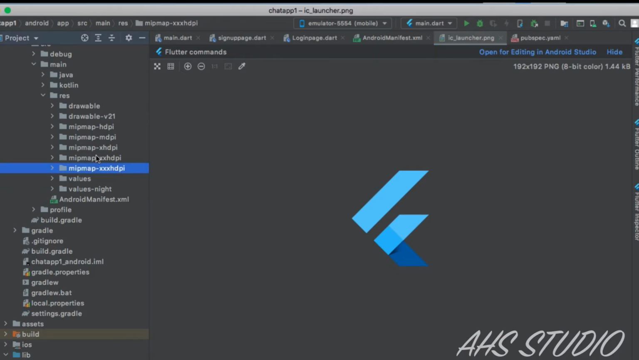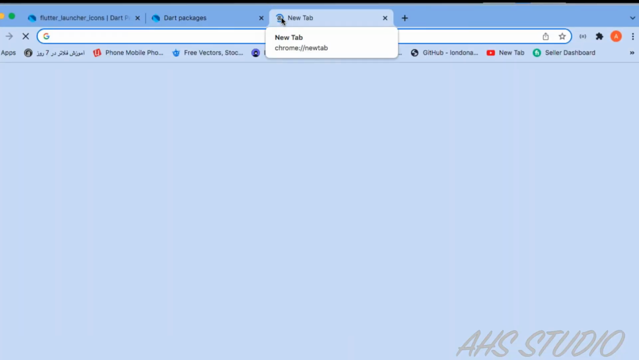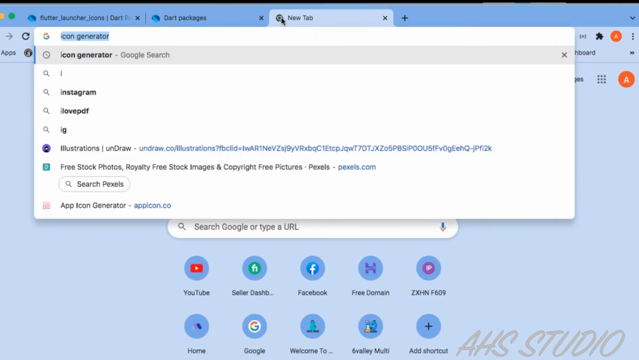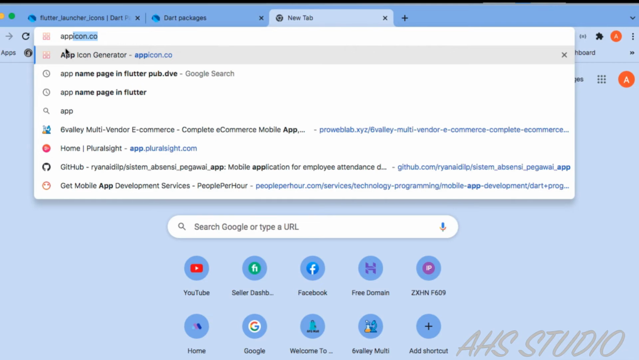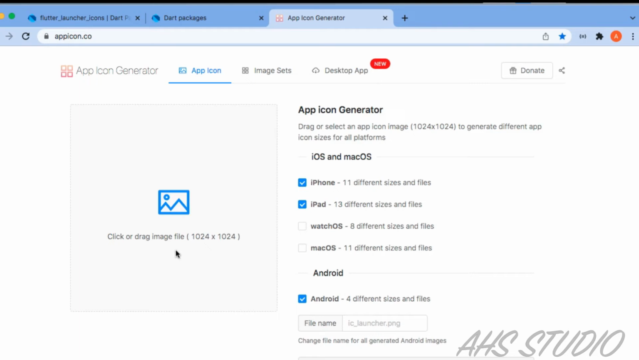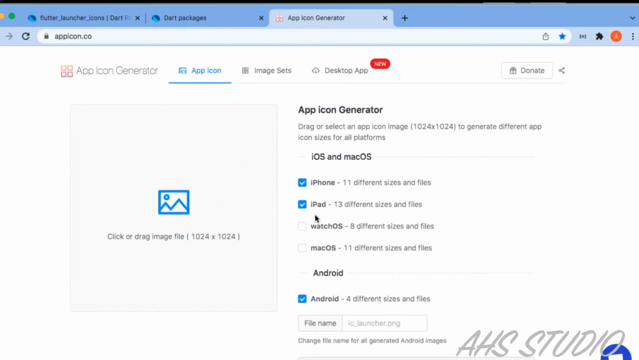So how can we change them? Let's go to a website that will generate all the icons you need for you, like this app icon generator. As you can see here, you can drag and drop your icon, and after you drag and drop it you can choose iPhone, iPad, or any other platform that you are going to create the icon for. You can tick mark that, and after that